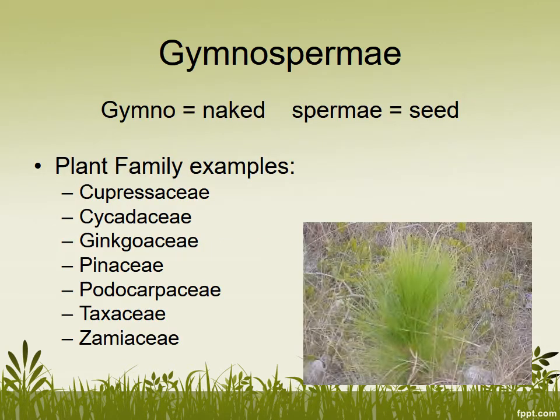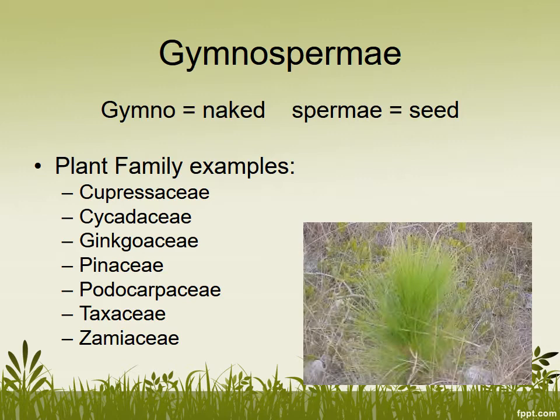So let's look at some of the different groups of plants. Now, it's not really important that you memorize the exact classification and breakdown of the plant kingdom, but it's important that you know what plants are related because they're going to share a lot of the same characteristics if they're closely related. One large class of plants is called gymnosperms. Gymno stands for naked and sperme stands for seeds, so they're going to have naked seeds. Some of the different plant families that fall under this grouping that are gymnosperms: